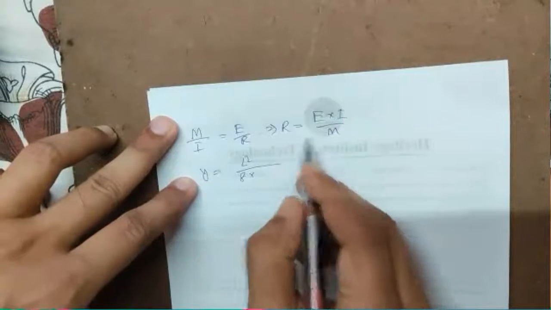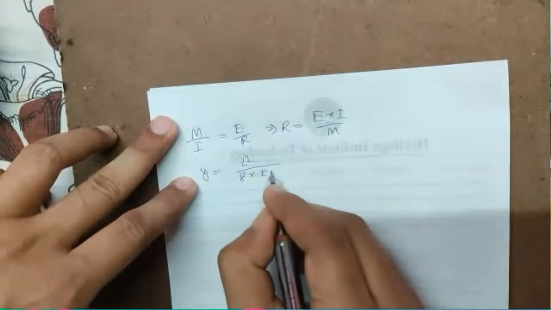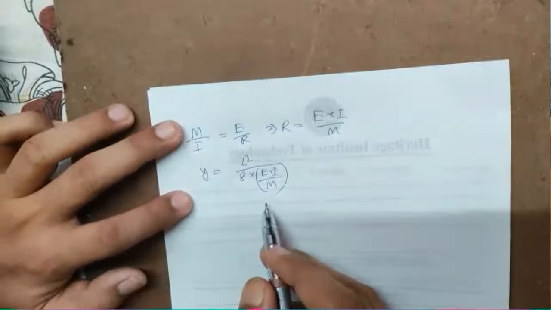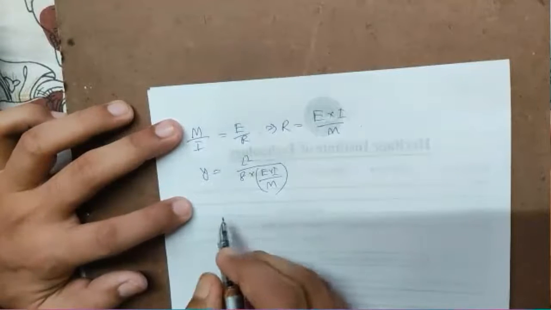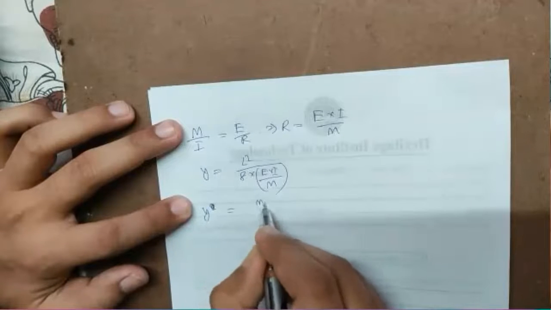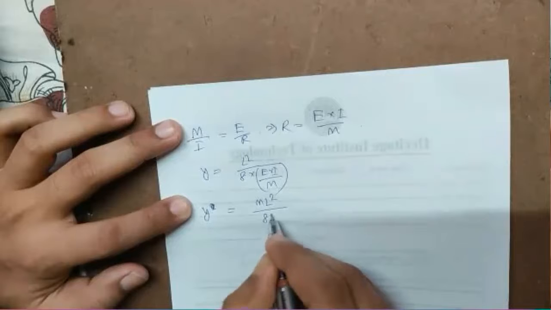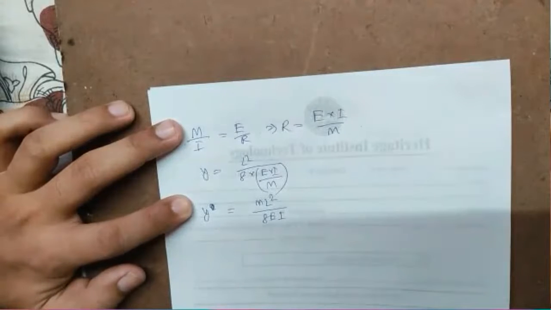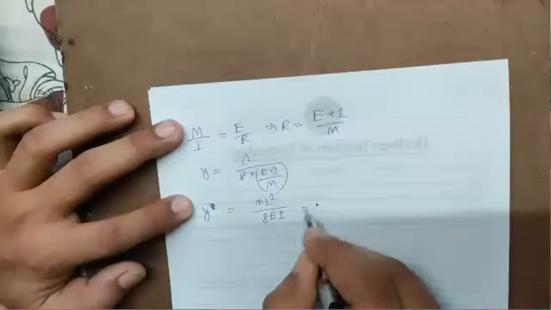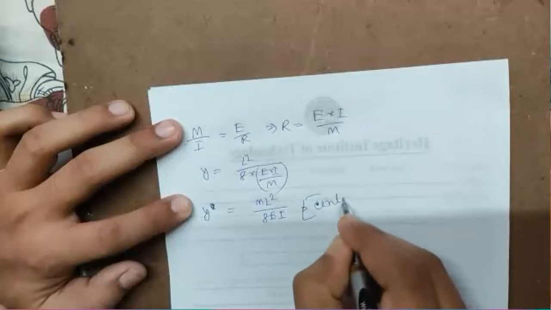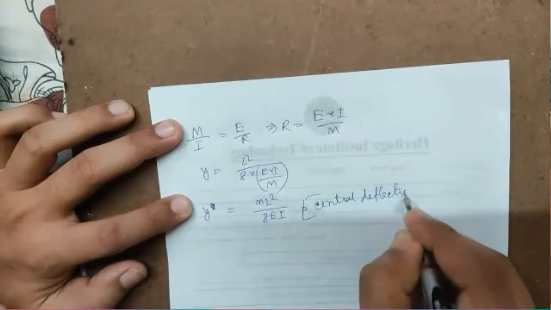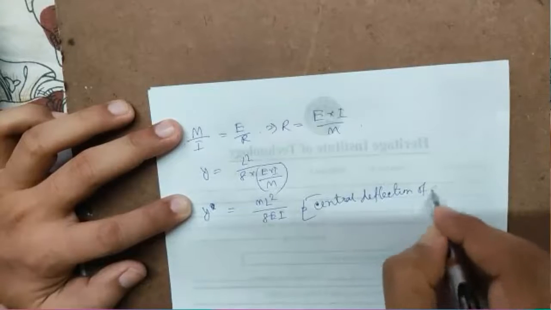In place of R we will write E into I by M, which we just found out on the previous page. Then Y is equal to M L square by 8 EI. So this gives the central deflection of a beam